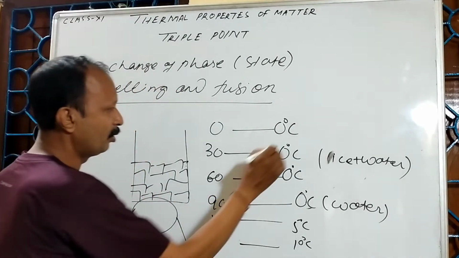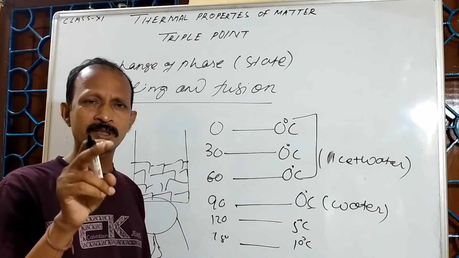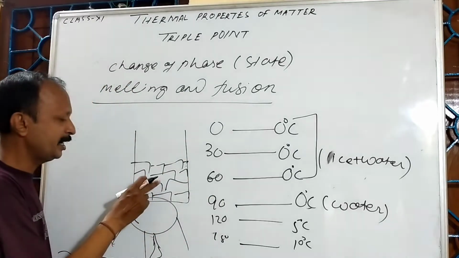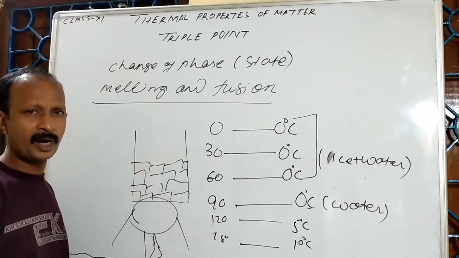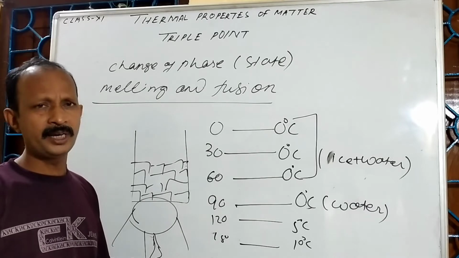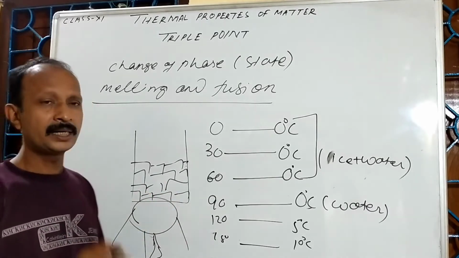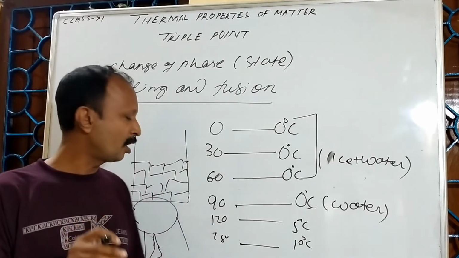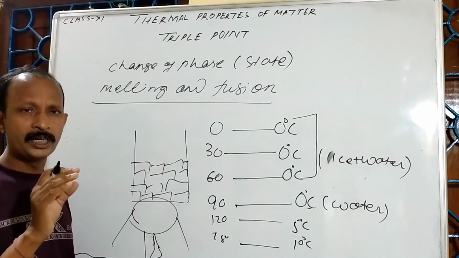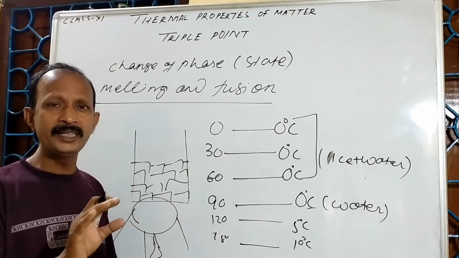So in the beginning we found that there is no change in temperature. Instead of that, substance is changing from one state to another state. In case of ice, it is converting into water. Where did that heat go? That matter in the next video I shall explain in the form of latent heat. So I can say that heat is utilized here to convert the ice into water. So during the change of state from ice to water, there is no rise in temperature.